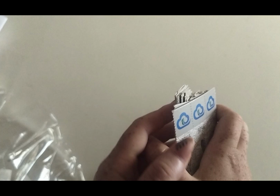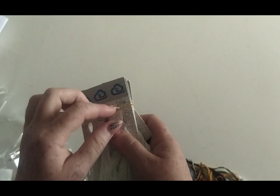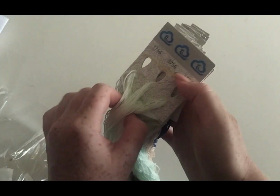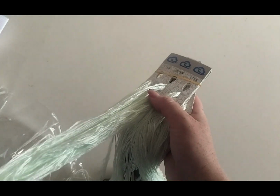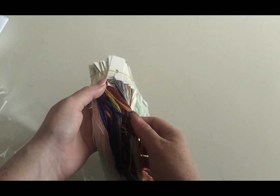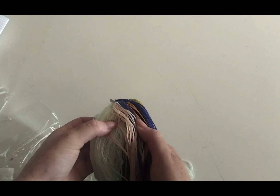Moving on to the colors. Since we have 27 colors, we expect few floss drops, so it comes on floss drop cards. It comes with a rubber band, so everything is tied nicely. As you can see, we have a lot of this mint white color, very light mint, which would be our background. And we have a lot of light blues, baby pinks,